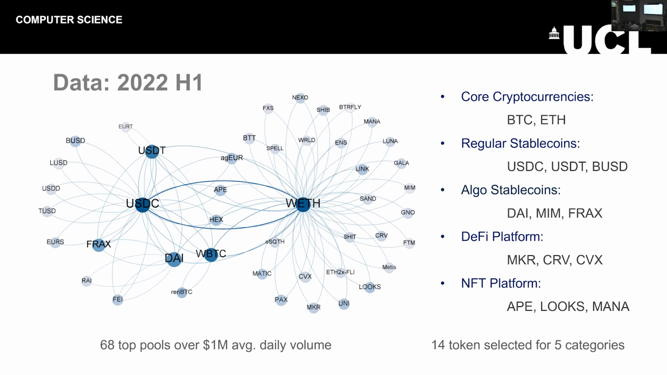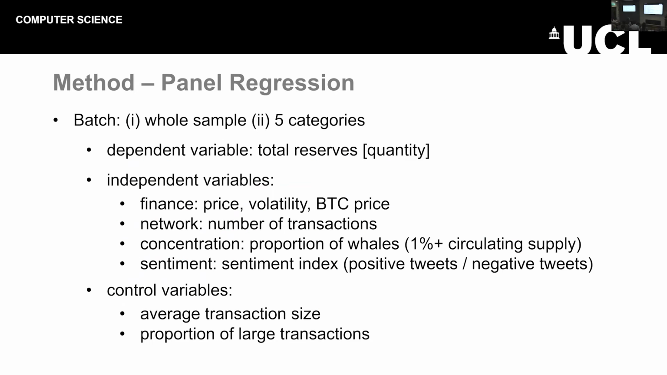So it's different from this regular stable coin. And the last 2 categories, the DeFi platform and NFT platform, are for the native token, and some investors may be interested in that. So let's start. The first part of the methodology is the panel regression, and we will run 2